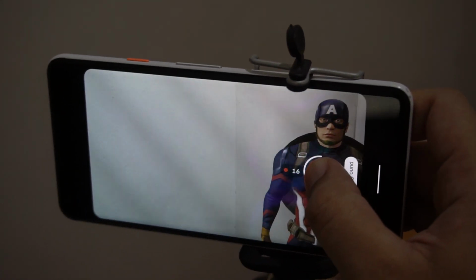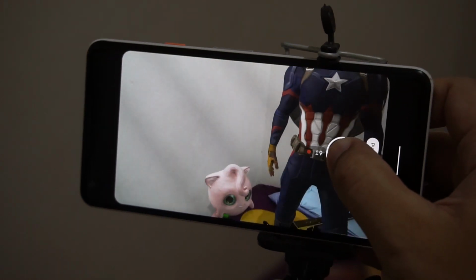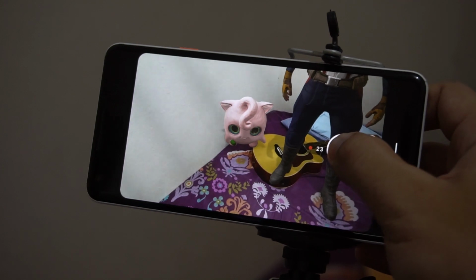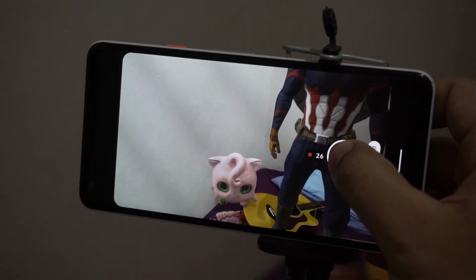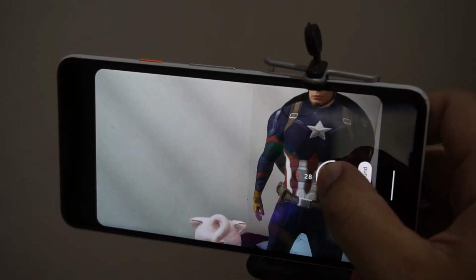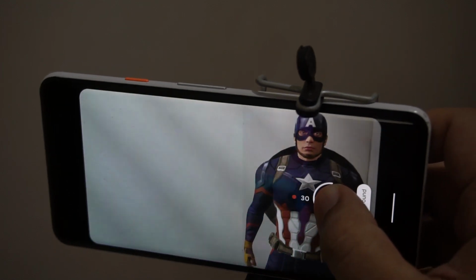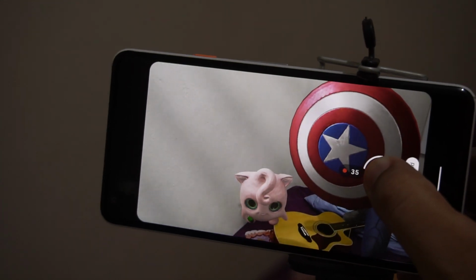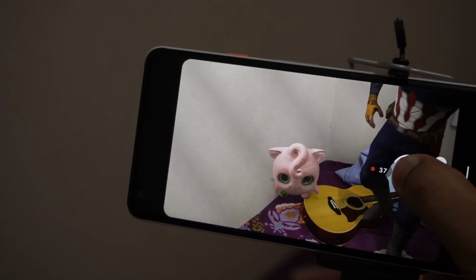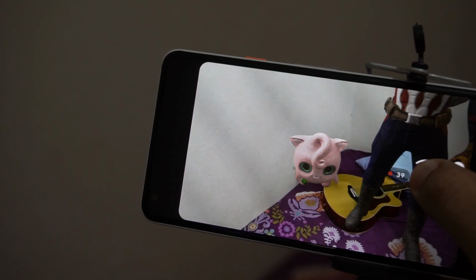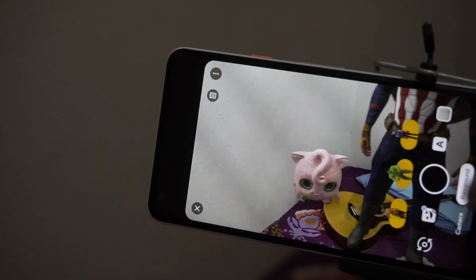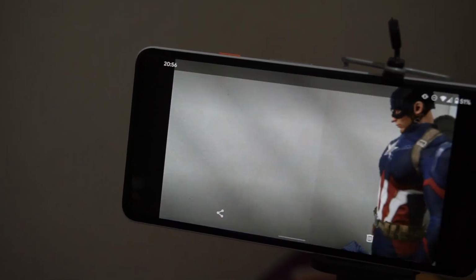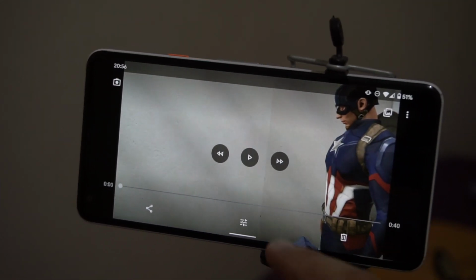So you might want your kid to stand on the side, and you can have a recording of it with Captain America. So you might want to give them a very good briefing about imagination. Okay, imagine Captain America by your side. So when you let it go, it will be saved to your gallery, just like any other video content. So when you play with it,